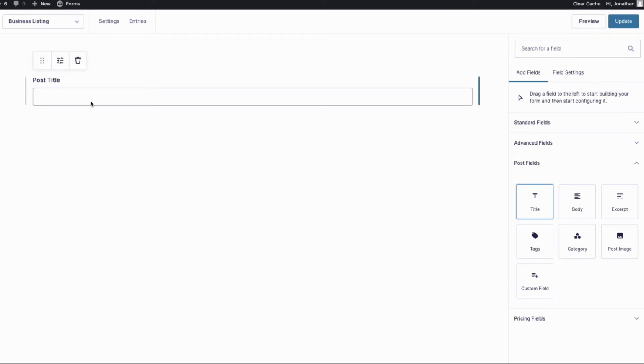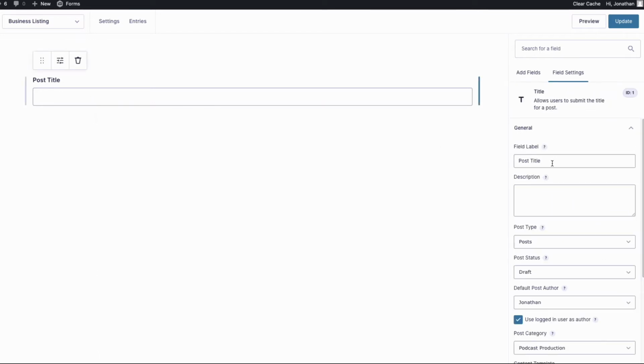If I click it in the form now, I can edit the options for this field. Now, as I'm creating a business listing, I'm going to rename this field to company name by changing the label here. And then coming down, and most importantly, because we installed the add-on plugin Gravity Forms Plus Custom Post Type, we now have an extra option here to select which custom post type this form will be assigned to.